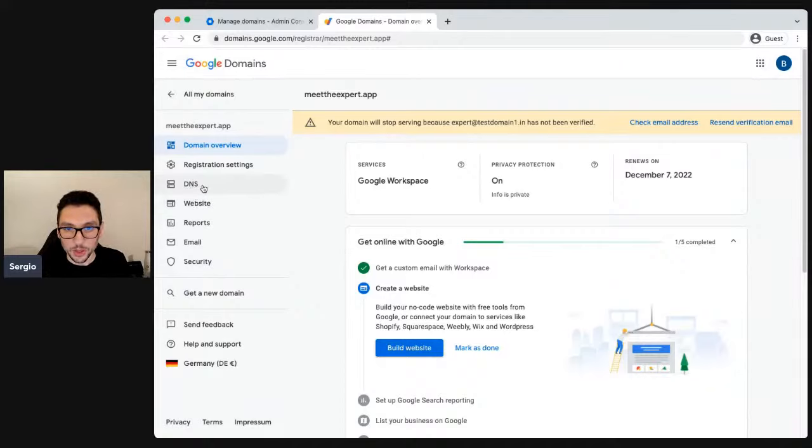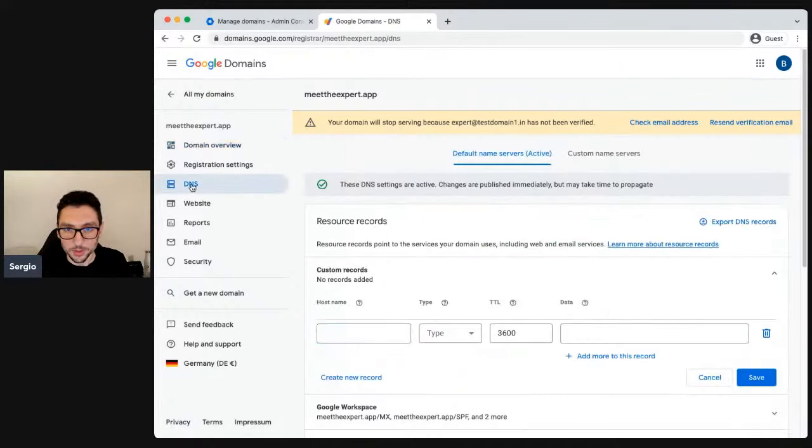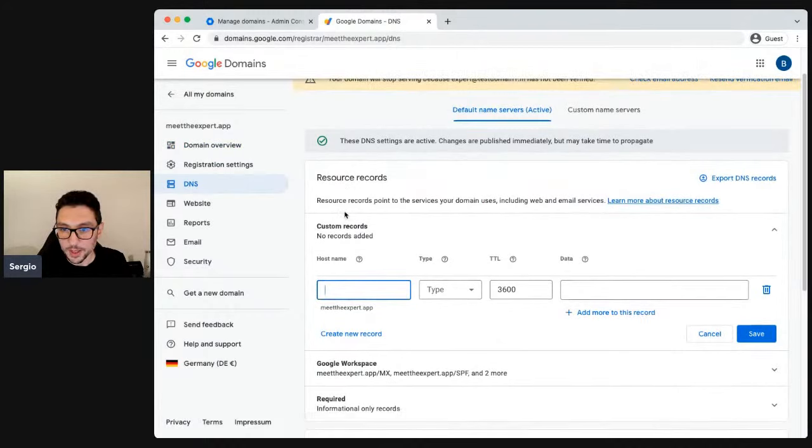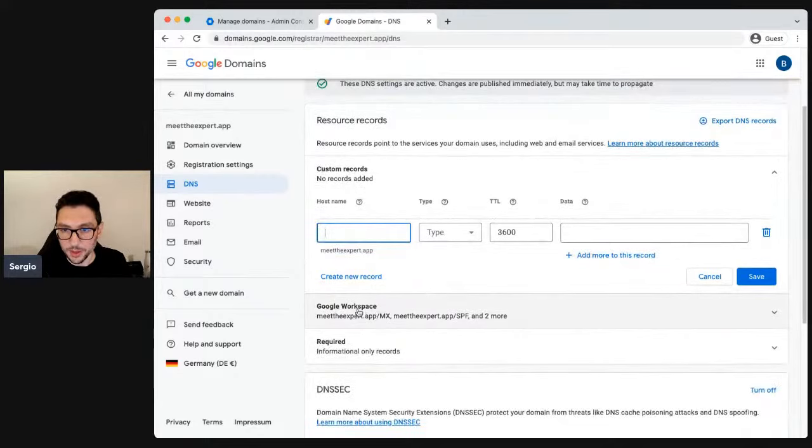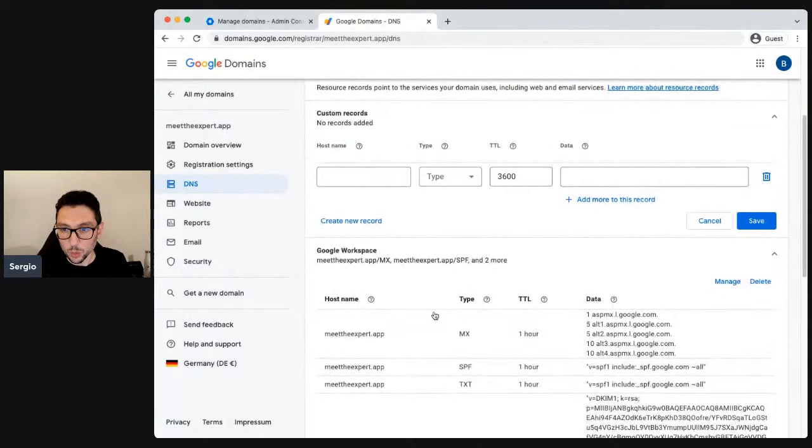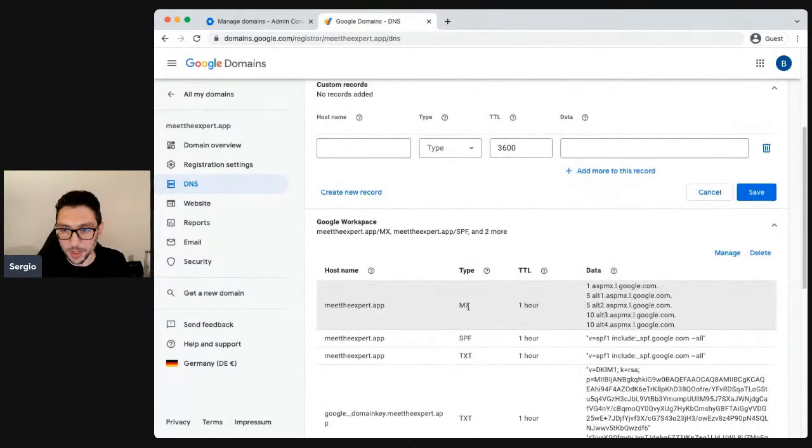If we go to the DNS page here, we can see the DNS records. We can set up new records, new entries, create subdomains. And I want you to know that here in the Google Workspace set, if we open it, we already have the MX records for the email service of Google Workspace. So you don't need to do that. It's already done by the registration flow.